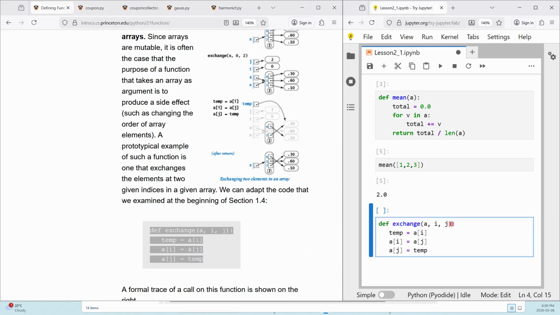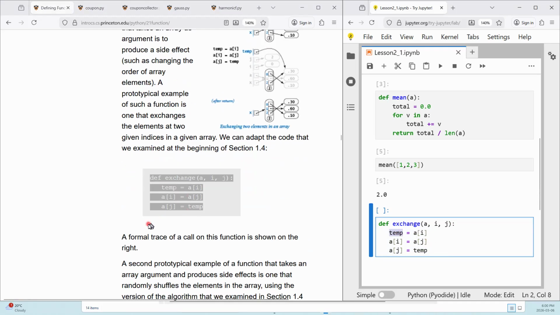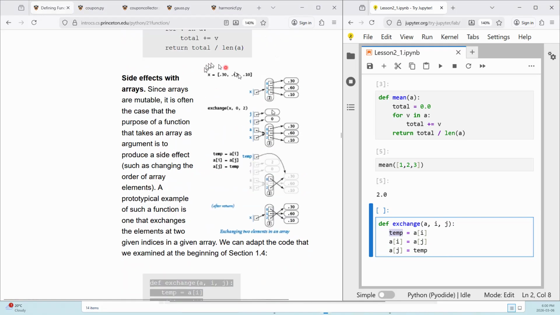We've done this before with sorting, changing or shuffling around the order. This is very similar to what we've done. We had a temp variable, swapped it around. Formal trace of a call, as shown over here in this diagram,